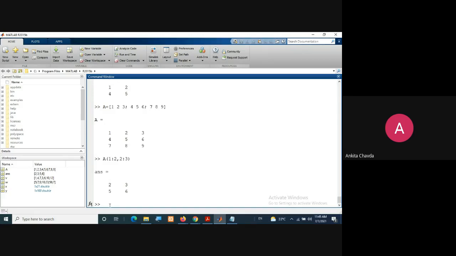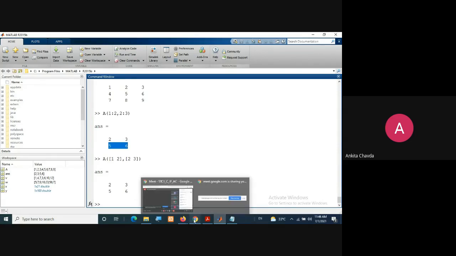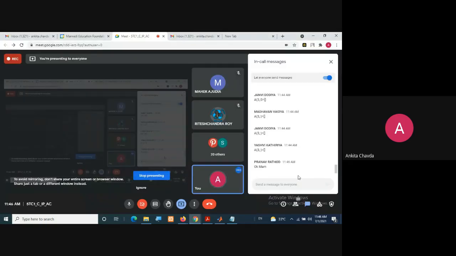If I write that, I have the matrix 2, 3, 5, 6. This is one way. Another way: I write A of, and then in square brackets I want the first and second row, and here the second and third column. So this is what I want, and I have the same thing, 2, 3, 5, 6. I hope you are getting it. Okay, please try this.